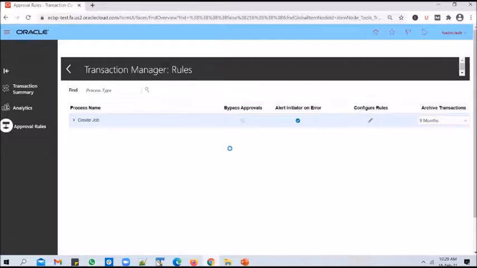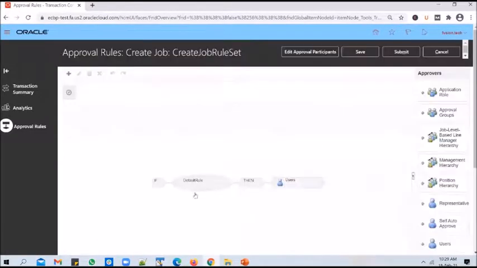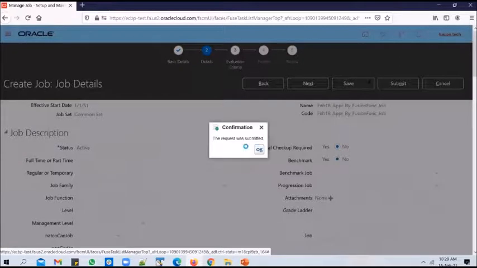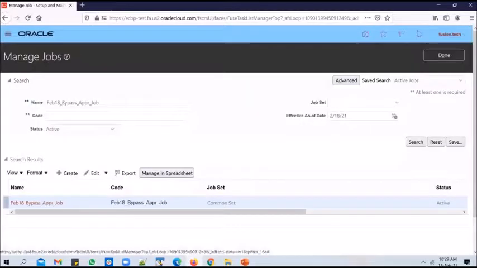And in the rule section, what did we do? We added an if condition where we said 1 equal to 1, which will become true for all the jobs. And for all the jobs, it should be sent to fusion.func user for approval. So this condition becomes true for all the jobs because 1 always equals 1, and so all the jobs will go to fusion.func user for approval now. Let's go ahead and submit the request and see if it works fine. The request is submitted.